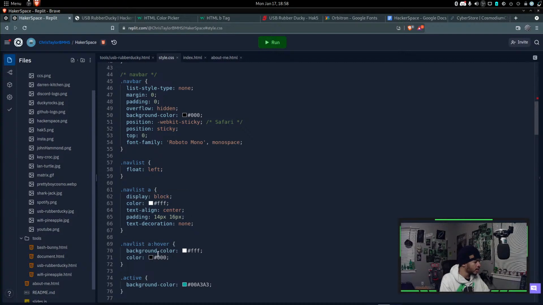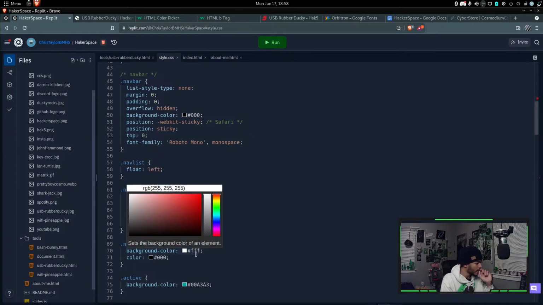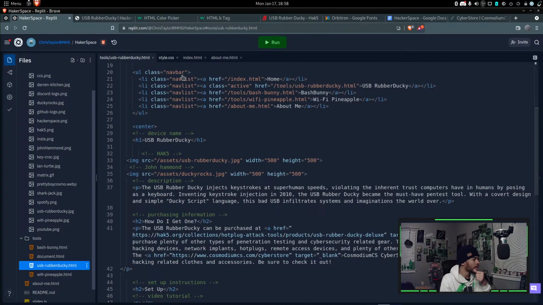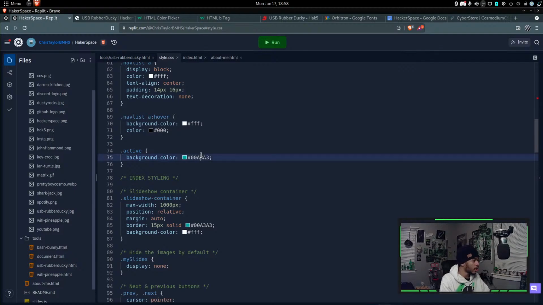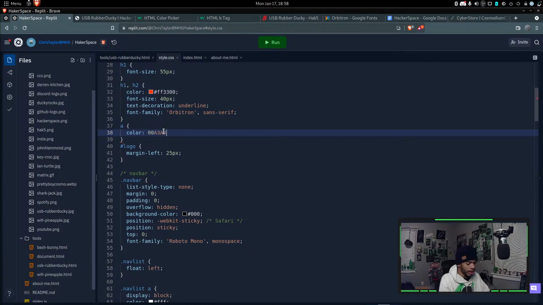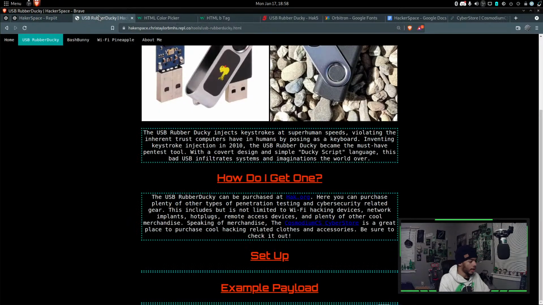Color is white, and then background color, and the color is black. Oh, that's when you hover. Okay. What color do we want our links to be? I think they should be that same type of sky blue that we have going on. Yeah, this one right here. Control C, and then we can have our color be here, and then hashtag. So if we go ahead and run this